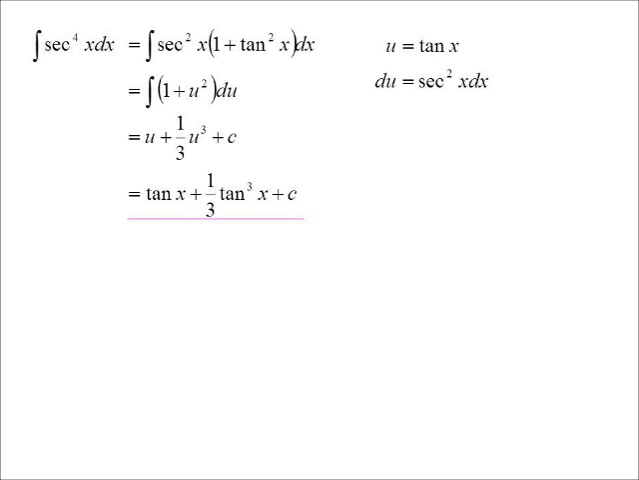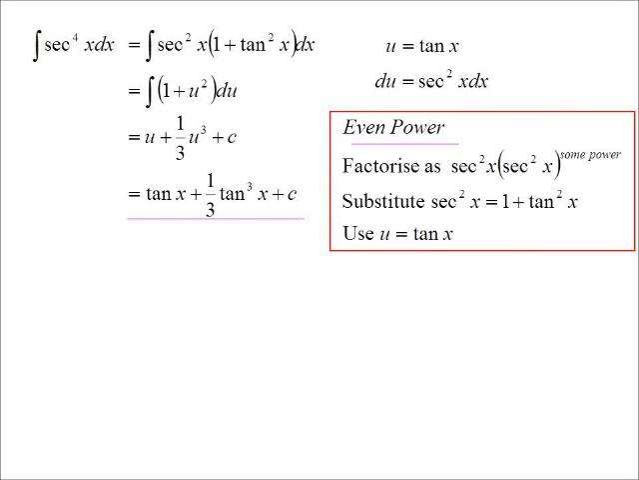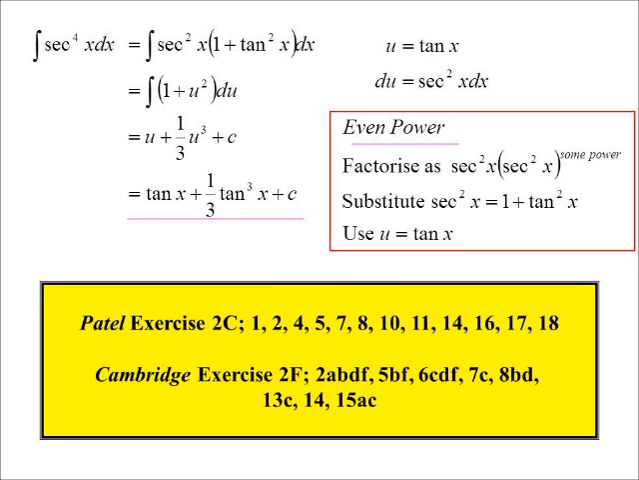So the even power is a lot easier because I can always factorise out a sec squared, leaving me with sec squared to the power of something. That sec squared I can change to 1 plus tan squared. You can do a substitution, u equals tan x. So that's why I say you really hope for an even power. Alrighty. Well,